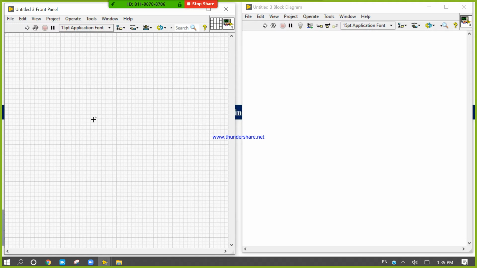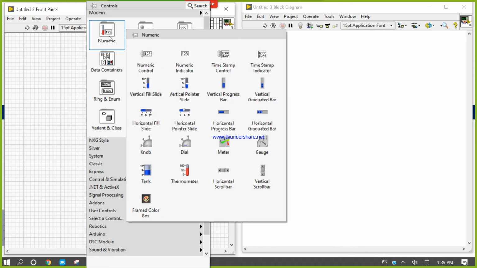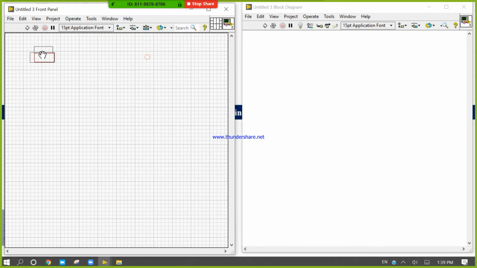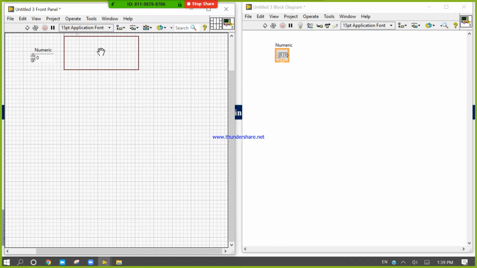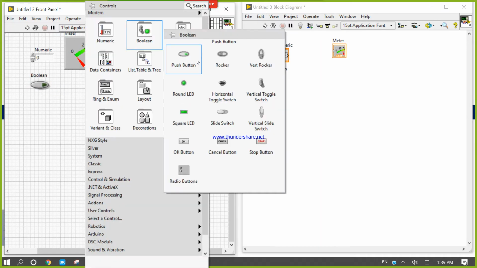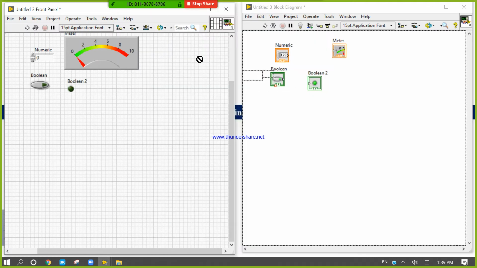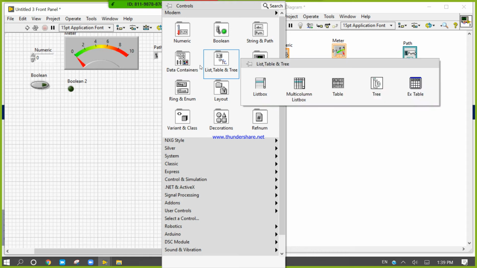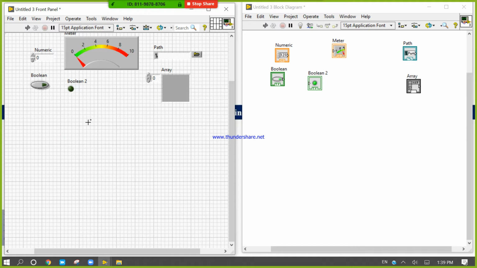Style. Okay. So whenever you write in the front panel, you will get these modern control objects by default. So let's take one modern numeric control, one modern numeric indicator, one modern boolean control, one modern boolean indicator, one modern string and path control, and an array.